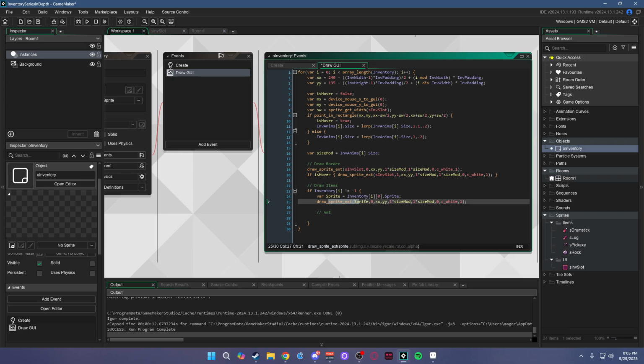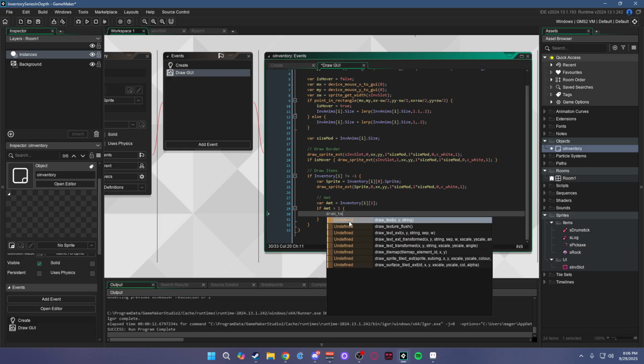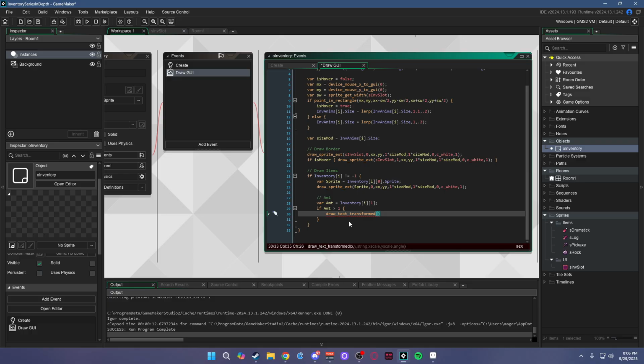So I'm just going to put amount. I don't really want to put quantity. We're going to say var amount equals, and we're just going to copy this part and just change that to 1. We're going to say if amount is greater than 1, because if it's just 1, we don't want it to really draw a number there. We're going to say draw text transformed xx yy string amount x scale. We're going to put